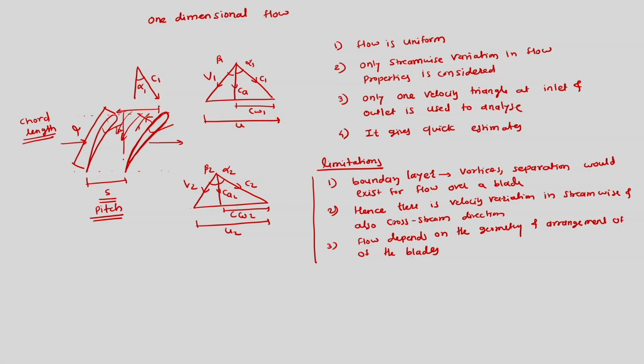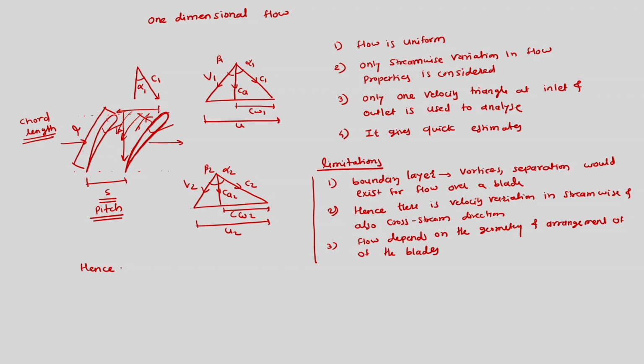However, a real blade would be three-dimensional, where there will be variation along the height of the blade also. But for the sake of simplicity, we are considering variation only in the passage along with the variation in the streamwise direction. Hence, the 2D assumption is made, and this 2D assumption is very much suitable